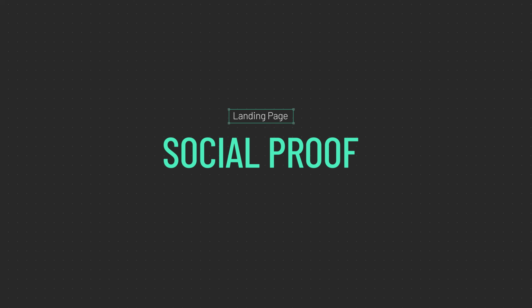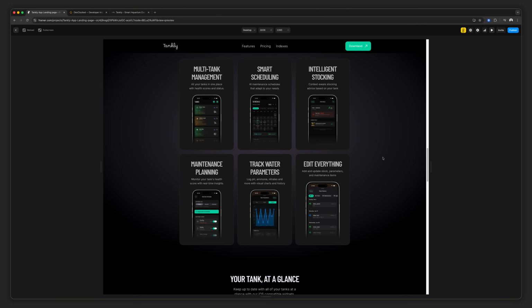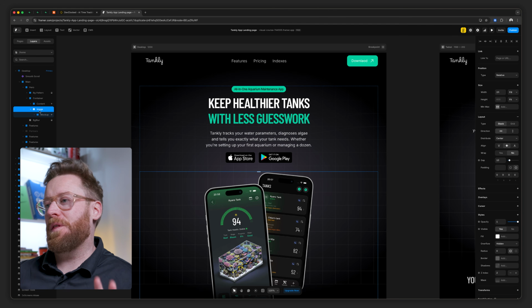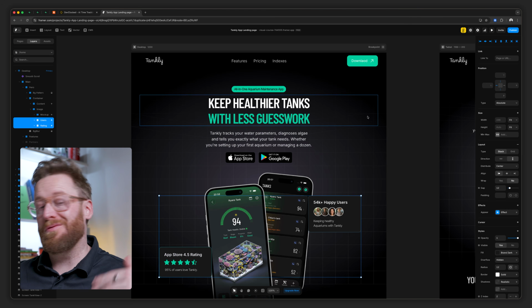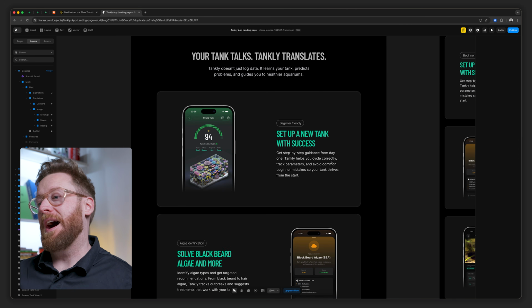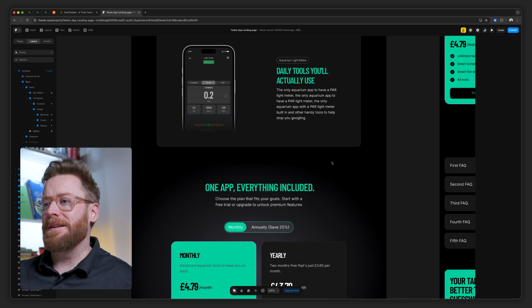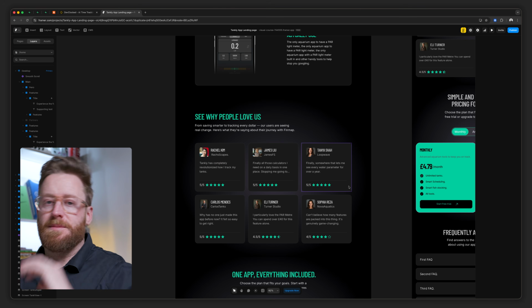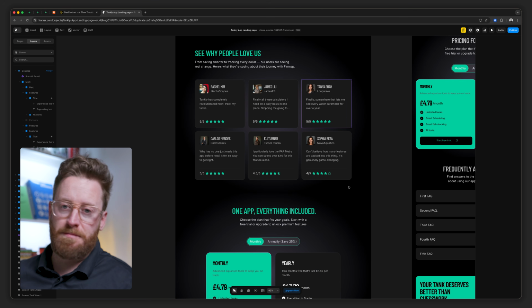Now for the schoolboy error. The one thing that this page was really lacking was social proof, and it's key to any website driving conversion. People want to see other people, what they've got to say about the app, and genuinely reviews. So what we've had to do is jump in and add two things. We've brought social proof right up to the hero section, so straight away you get that credibility. And then further down, we've also added this new testimonial panel, which is just a must on any of these